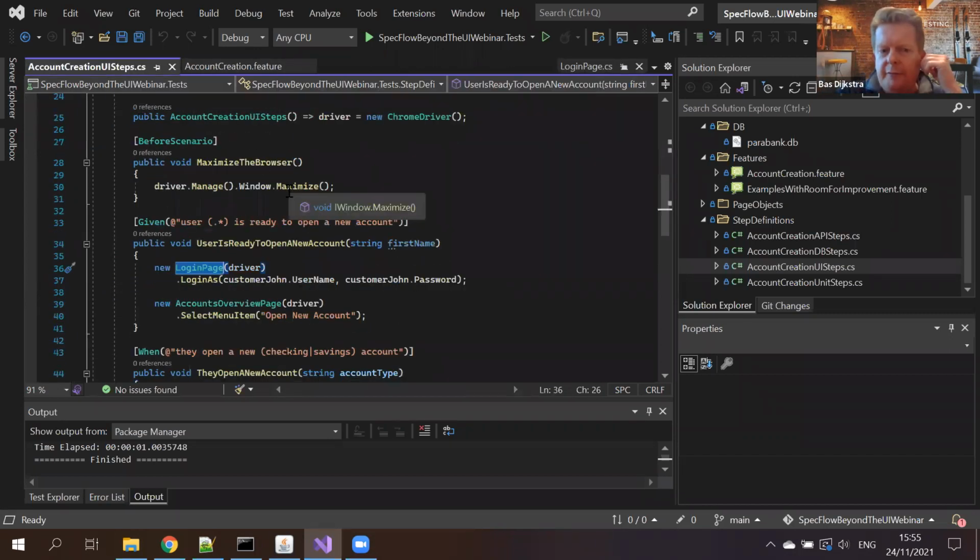So for those of you familiar with Selenium and page objects, and in this case C#, this is pretty straightforward. For those of you not so familiar,